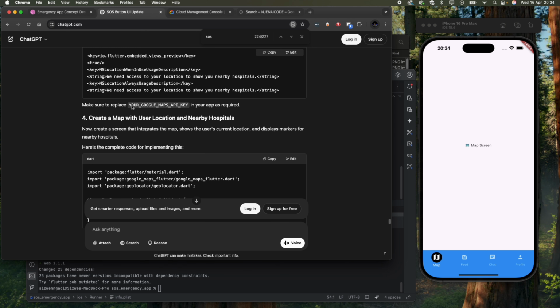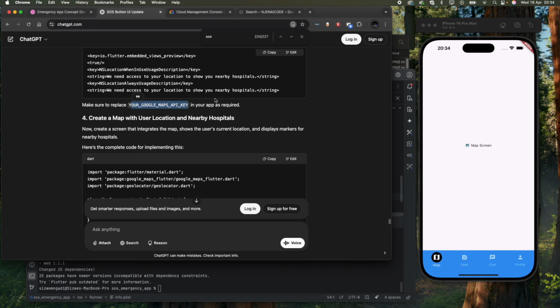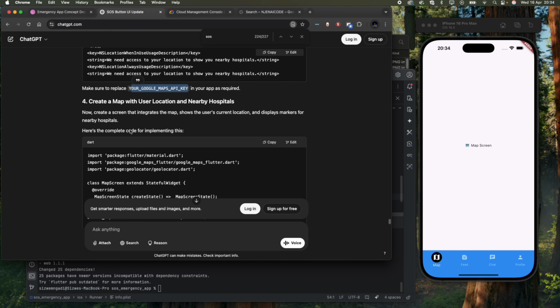And then make sure you replace the key. Where is that? Over here. Find. Dude. Oh, Google key. It's not there. Yeah, because I don't remember. Now create the map